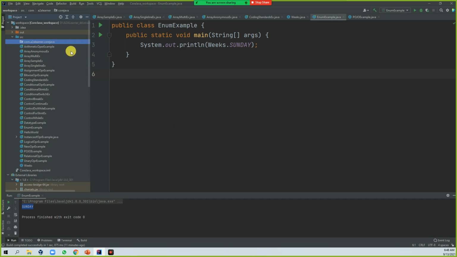If you hit enter, one folder gets created. If you go back to the folder structure, just a minute, let me go back.